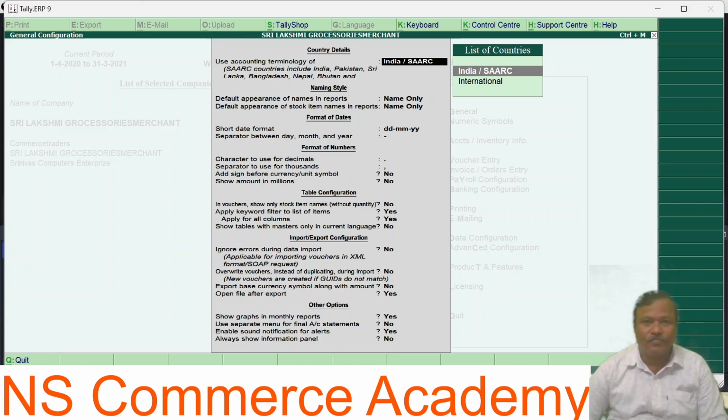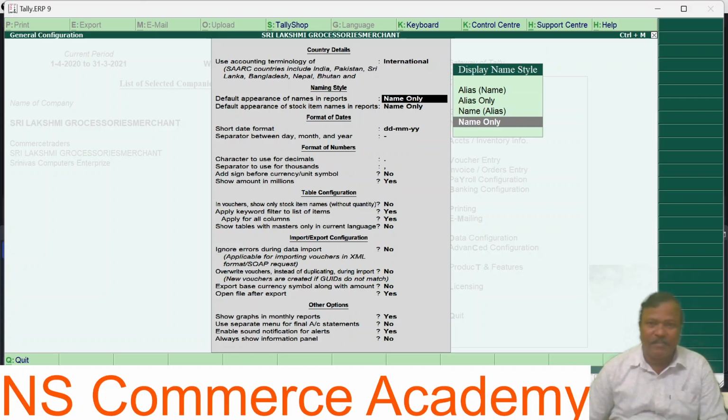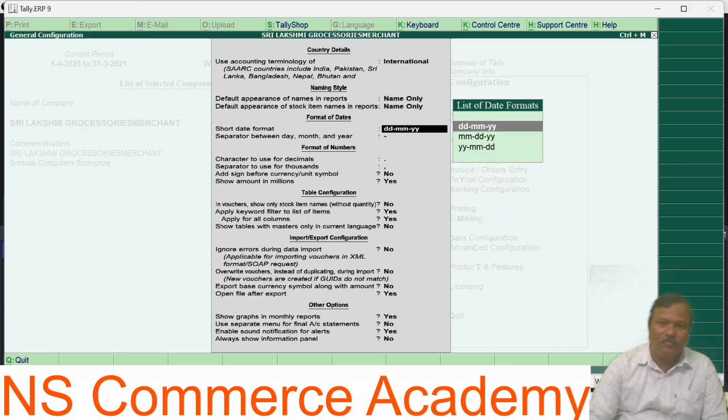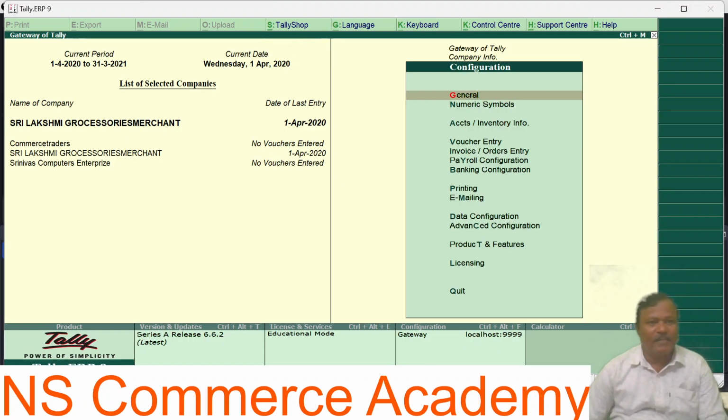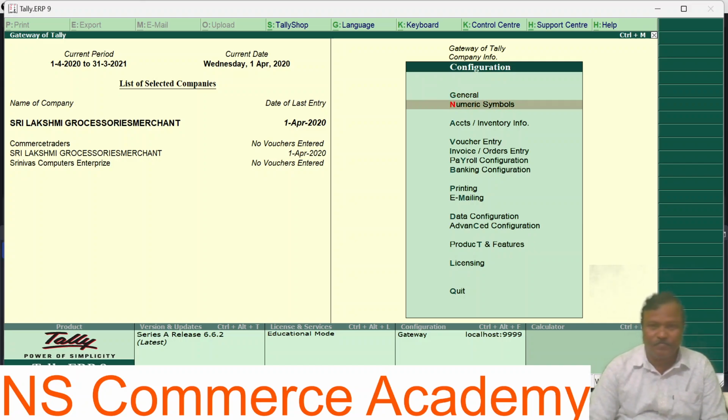Friends, according to your requirements or company requirements, select the features of configuration and activate them. Like that we can make the changes. Press on it, and automatically the features will be changed.